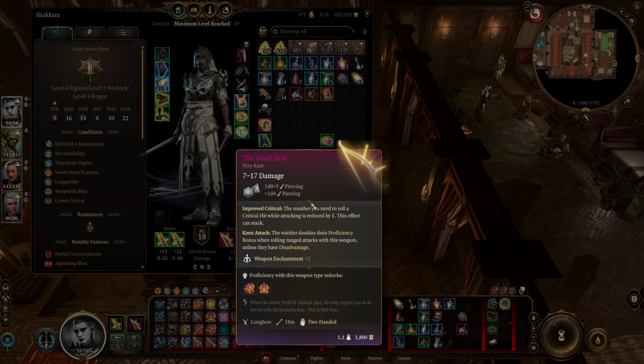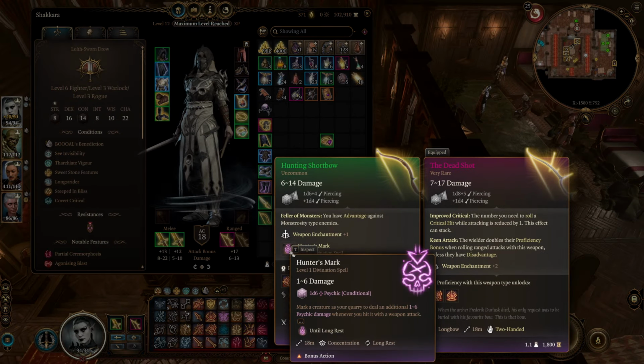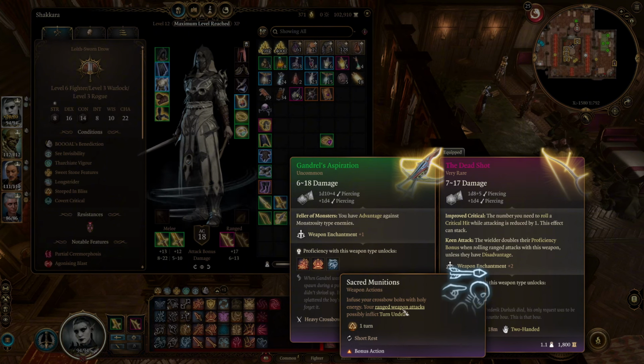has ridiculously high accuracy. For the alternatives, you can go with the Hunting Shortbow. This gives you advantage against monstrosity type enemies and gives you Hunter's Mark once per long rest. Or the Gandril's Aspiration, as well, advantage against monstrosity type enemies, and it has the special weapon action, which is the Sacred Munitions. For one turn, you can make it so your ranged attacks possibly inflict turn undead onto undead